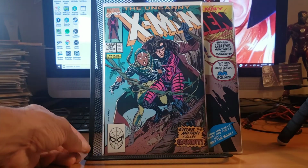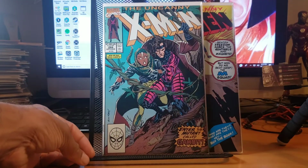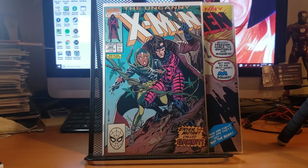Uncanny X-Men 266. This is now, I think, my 4th or 5th copy of the first appearance of Gambit. This one's probably 9.6 or 9.4 after pressing, but yeah, still good. And thankfully, I was able to stop her from flipping through the books like crazy, trying to show me the books, and I was like, whoa. So,